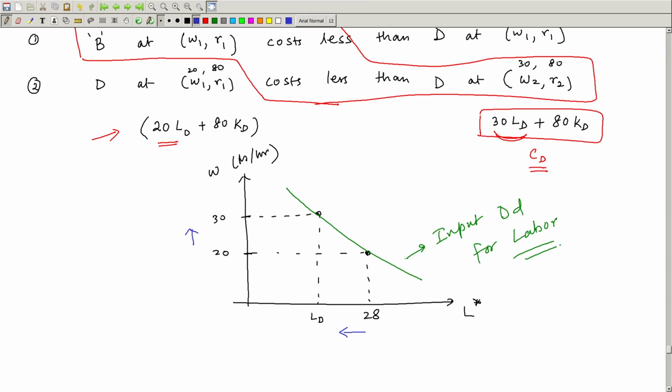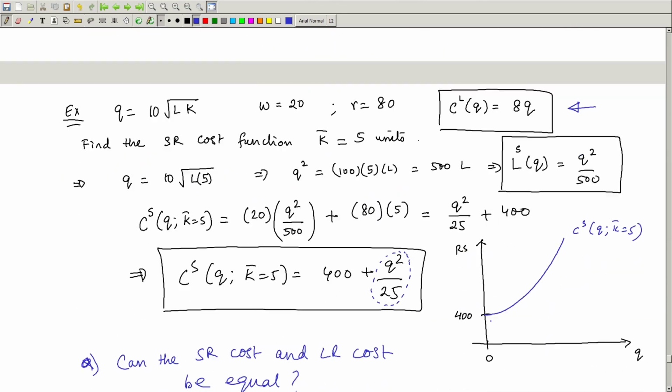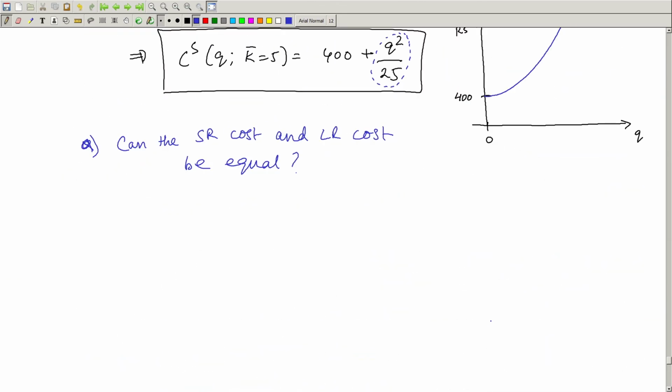We solved the cost minimization problem under two cases. One, when the input prices were 20 and 80, price of labor was 20, price of capital was 80, and then we solved it again when the price of labor was 30 and the price of capital continued to be 80, and it gave us this particular downward sloping line. What we want to do is solve a similar case and ask what can we say about the input labor demand curve,